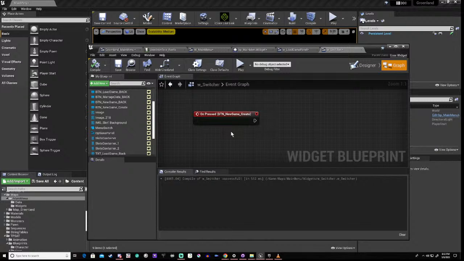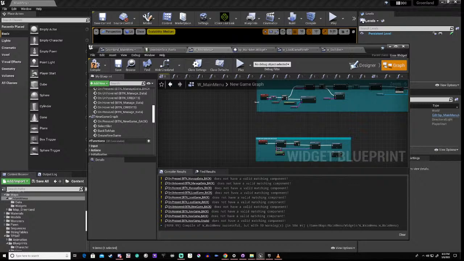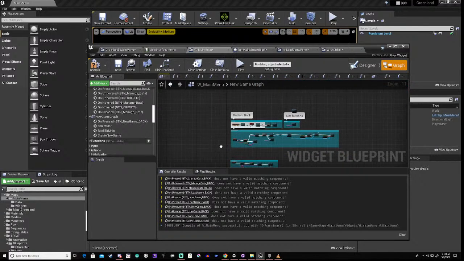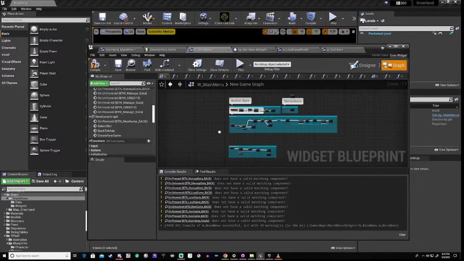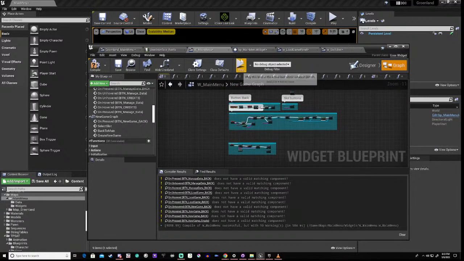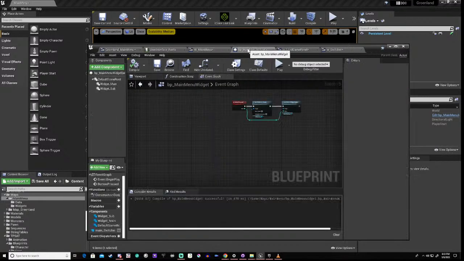Okay, we don't have the variables to do this, so what we're going to have to do is we're going to have to create it. Now in here, or rather in here,